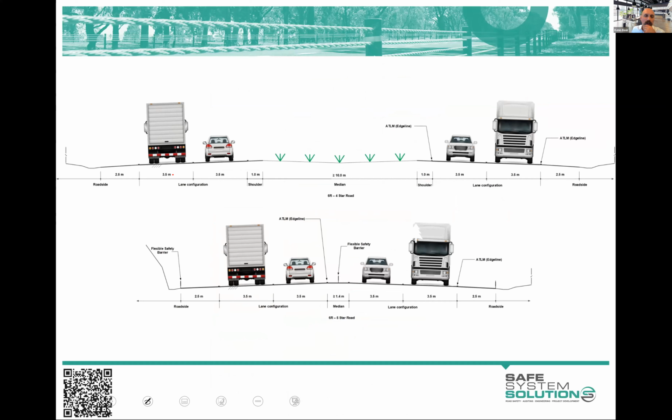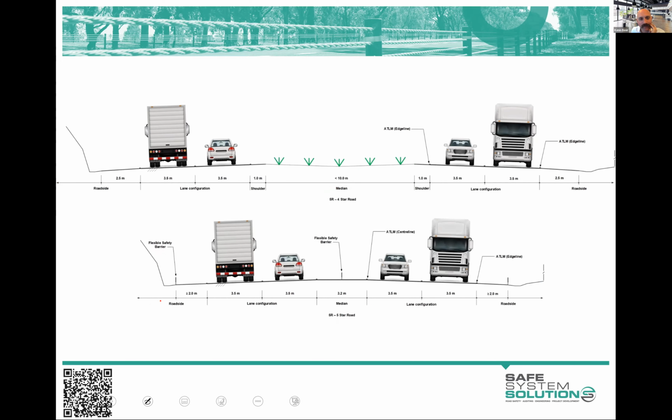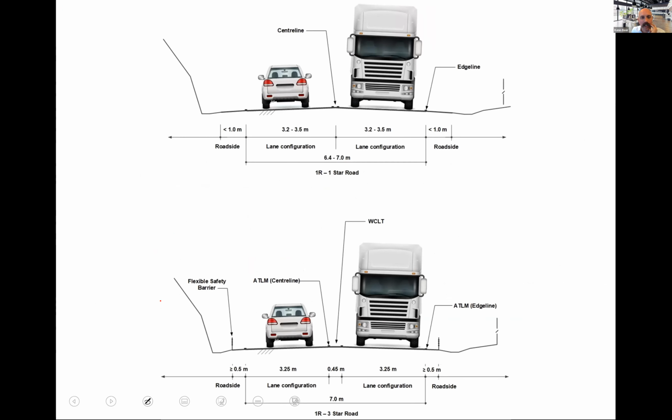And I've got lots of cross sections here. Interestingly, for anybody who knows about star rating roads, that's a bit hard to see. This big clear zone in the median, big clear zones on the outside, that's a 4-star road. But if you've put a barrier system here and here and here, that's a 5-star road. And just look at the land area and the cross section you've had to get. So it could be cheaper to build this cross section anyway, and safer. I've got a few other cross sections in there.